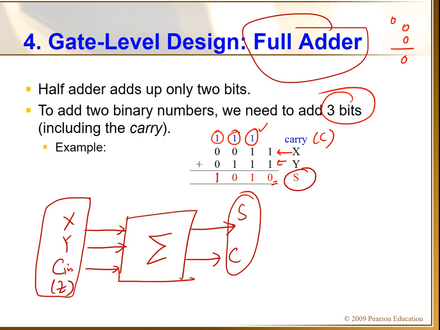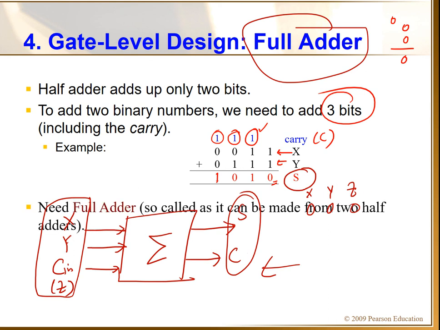Okay, so what we have done, we define our problem. We get the block diagram. We define the inputs and outputs. So what is the next step? Get the truth table. So you have 3 inputs. You are adding them. So for example, let's say this is x, this is y, this is z inputs. Okay, so you have 3 inputs here, and you are adding them.